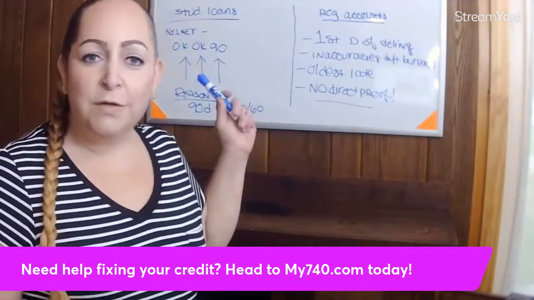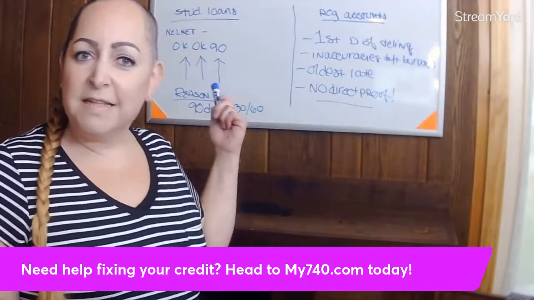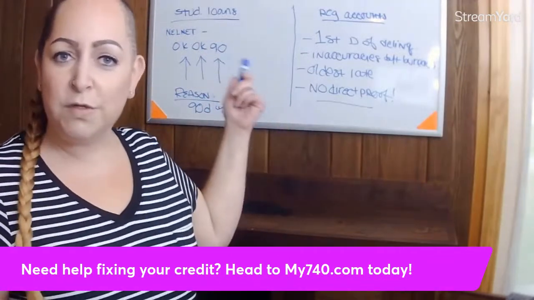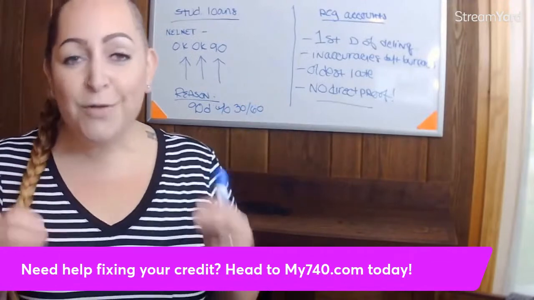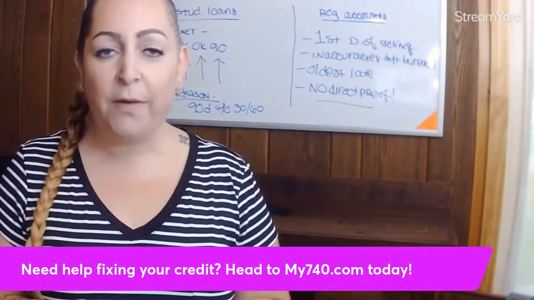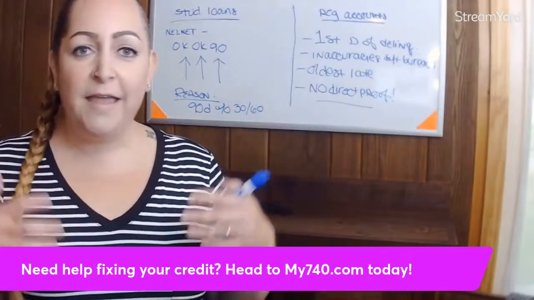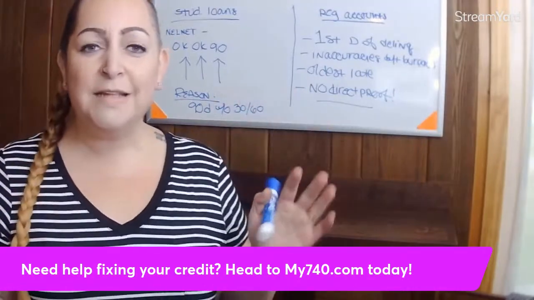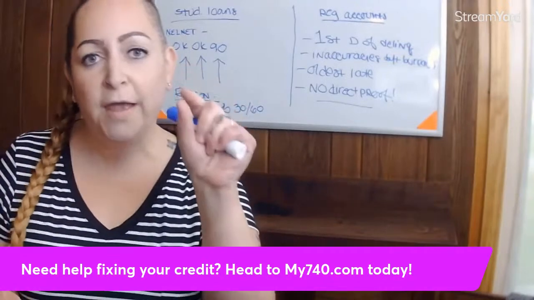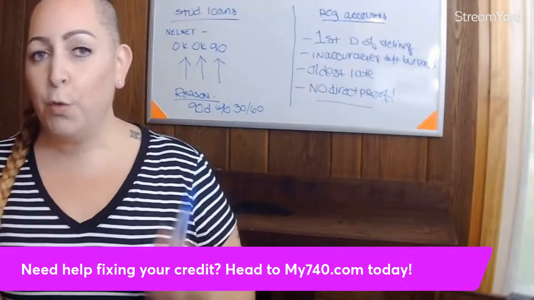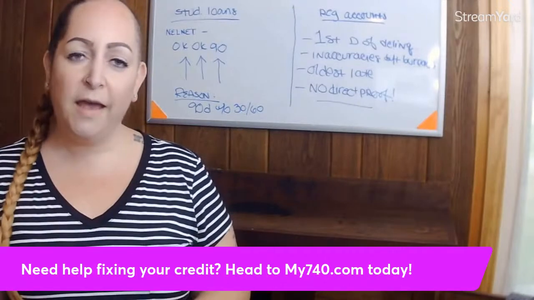We're starting with student loans, and that's going to be on that side. So if you can see this, hopefully you can, it says student loans, and then we're using Nelnet as an example. Okay. So when you see Nelnet and Sallie Mae and all of those, right? It's going to be like, okay, okay, okay, 90 days late. Well, let me ask you a question. How can